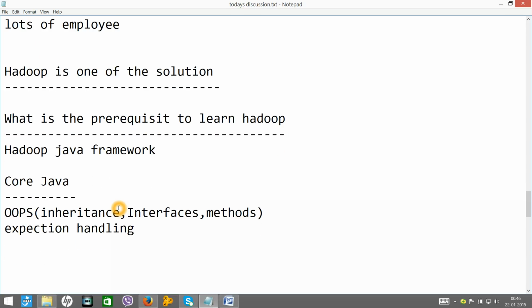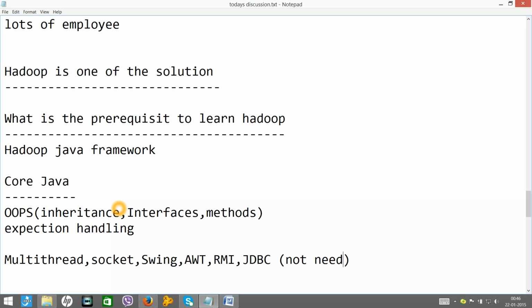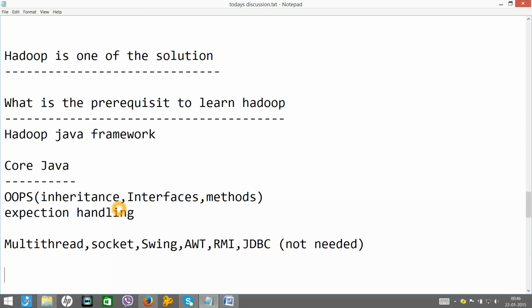Do you need the multi-threading technique? Not needed. Multi-threads, socket programming, Swing, AWT, RMI, JDBC are not needed. Do I need to learn J2EE?